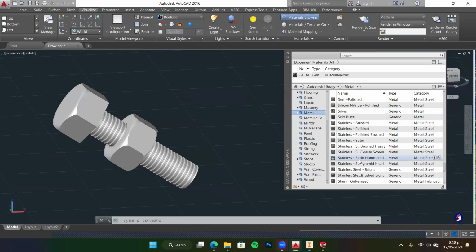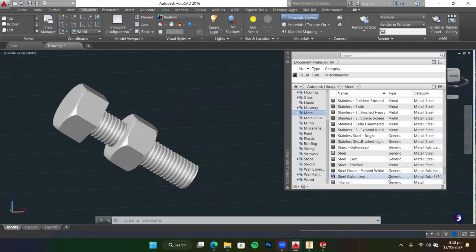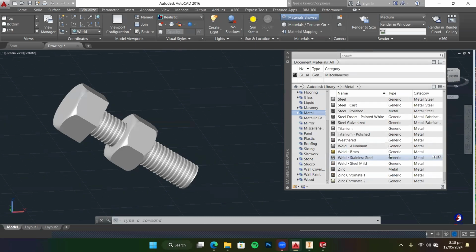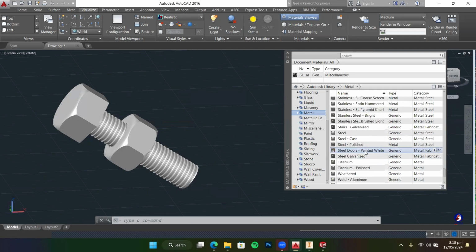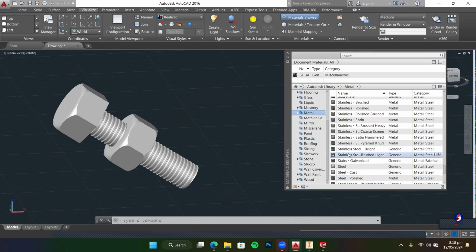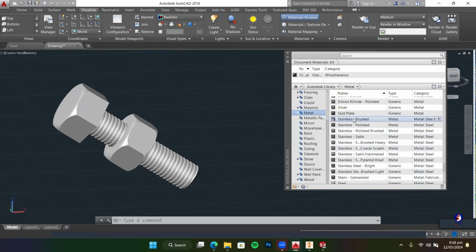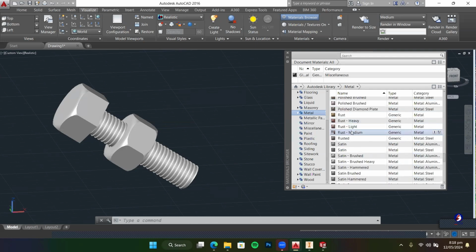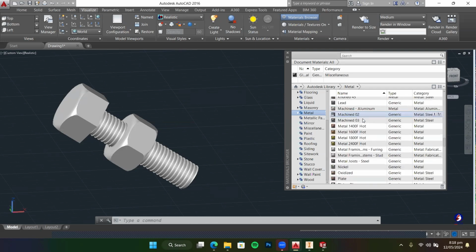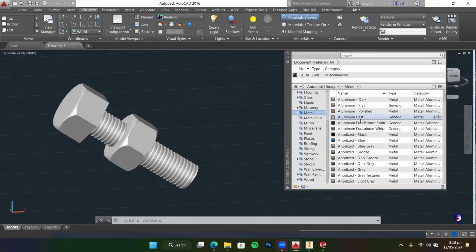All right, good. So we have stainless steel, brushed, we have galvanized, we have titanium, we have weld. If maybe there's a portion you did welding, you can apply it to that small portion only. We have zinc. So we have a whole lot of material. We have steel cast. It will look exactly like steel cast. So when I'm drawing the bolt and nut, the material I mostly use, because I've tested most of the designs and I've realized this